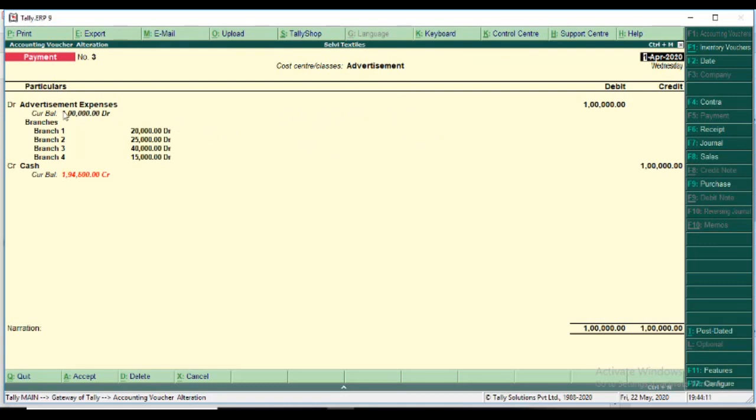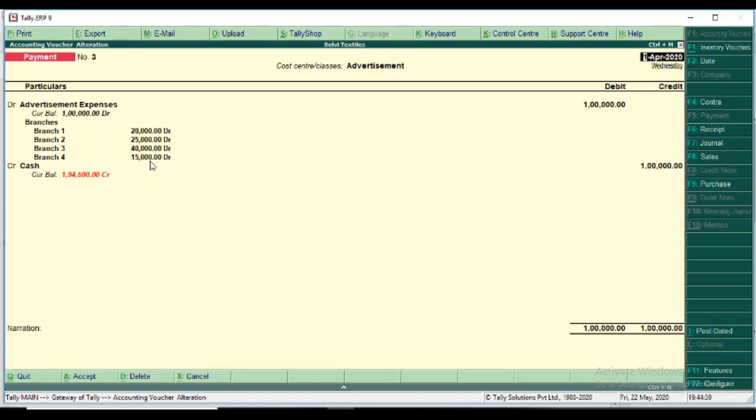Yes, you typed only advertisement expenses 1 lakh and cash 1 lakh, but the predefined allocations come automatically: 20% of 1 lakh is 20,000, 25% is 25,000, 40% is 40,000, and 15% is 15,000.